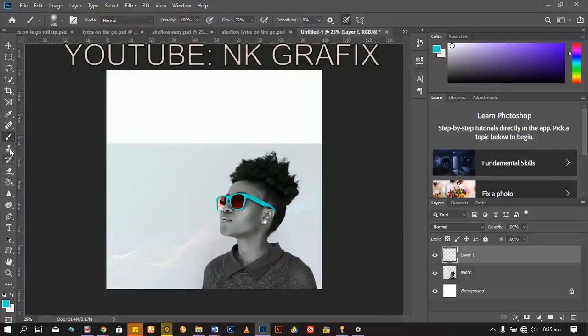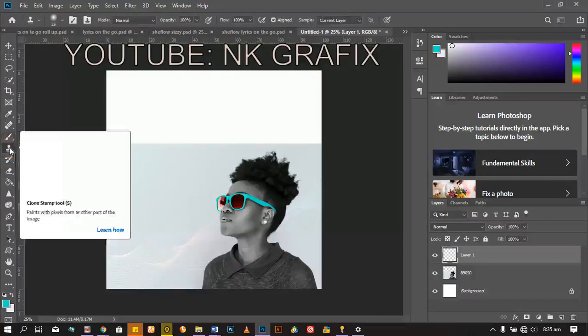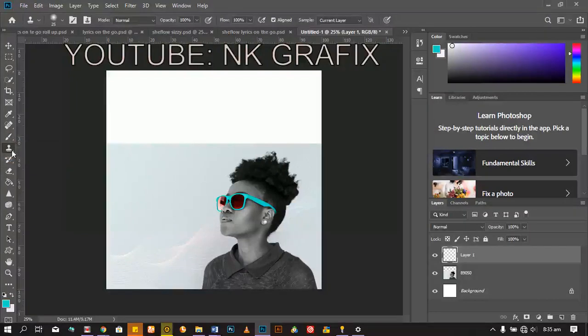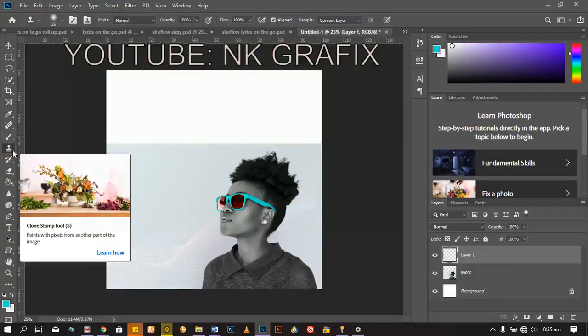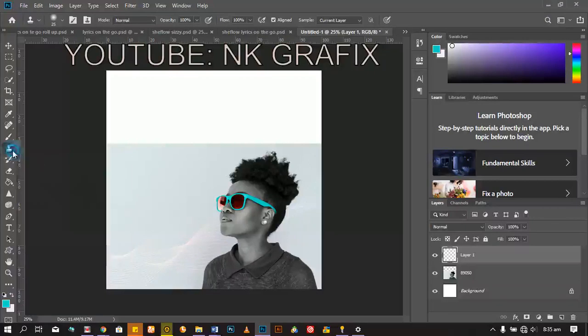Now let's go to the clone stamp. Here, the clone stamp, let's see what it does. It paints with pixels from another part of the image. Okay, for example, if we want to copy her and paste here, like just to clone her and put her in this part,